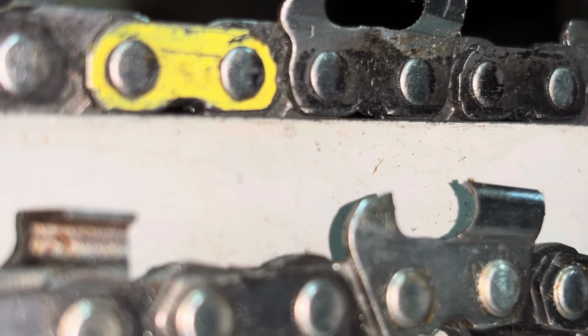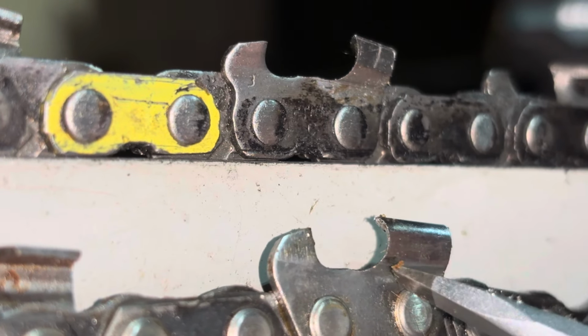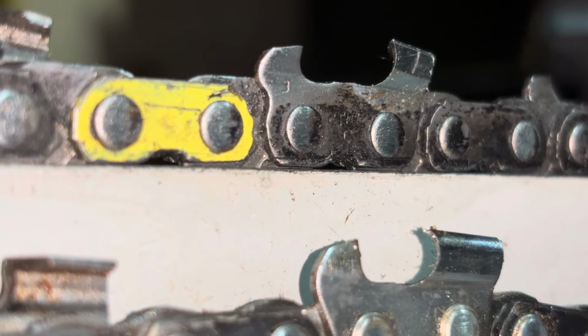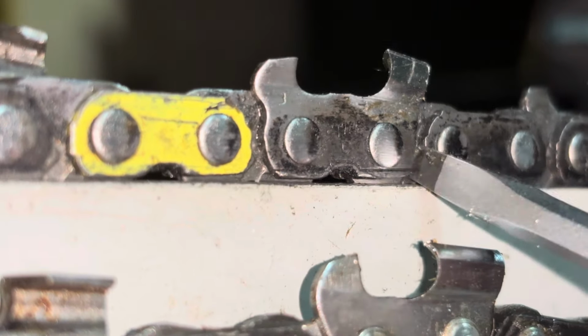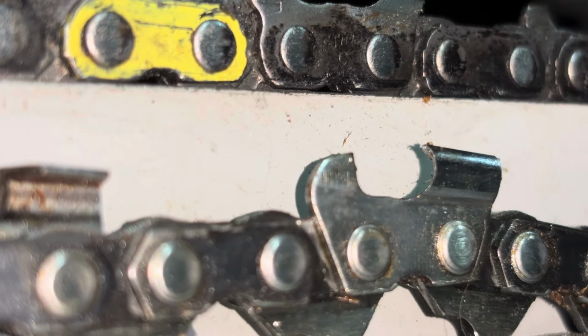So you may be asking yourselves, how do you know when to use full chisel? And how do you know when to use semi-chisel? The answer really comes down to personal preference and your cutting conditions. Most pro loggers I know only run full chisel. They will only run semi-chisel chain in very specific circumstances, such as if they're cutting and bucking skidded logs that